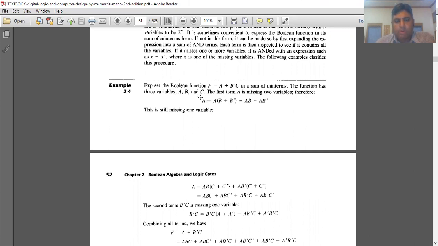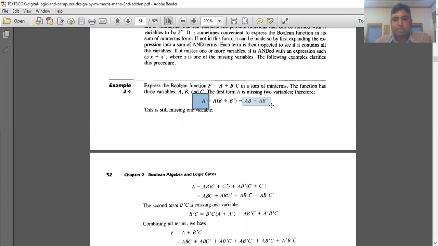We can add two terms b and c here. We can multiply a with 1. You can multiply a with 1, which means you can write a as a dot 1, and then 1 can be written as b plus b bar, because a dot 1 is a, and 1 is equal to b plus b bar. So in this form we can write a as a into b plus b bar, and multiplying these two, ab plus ab bar. So a becomes ab plus ab bar. This term is still equal to a.